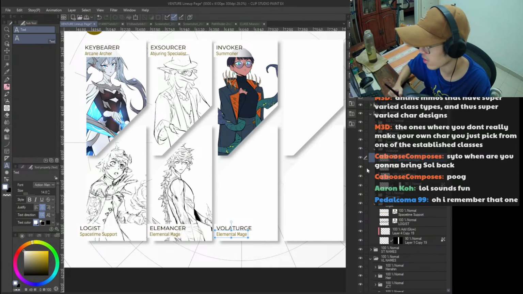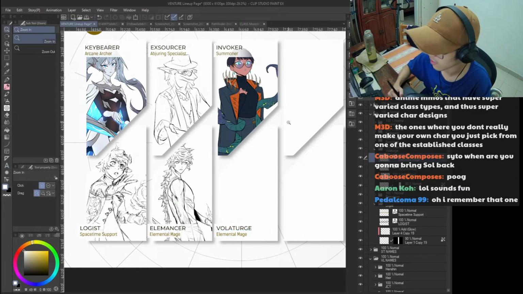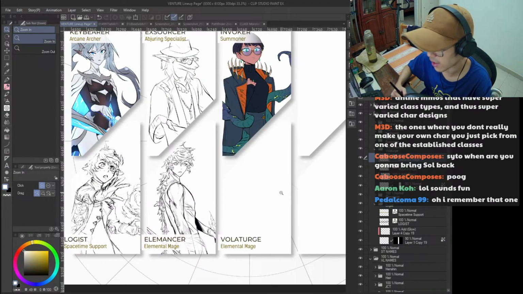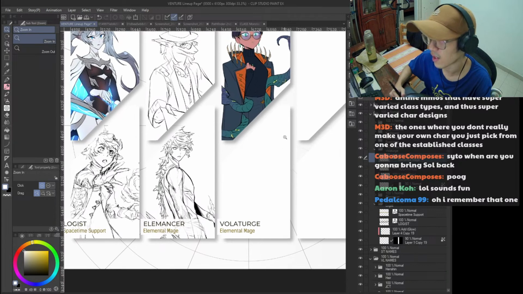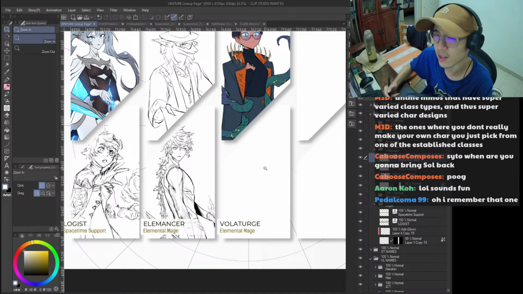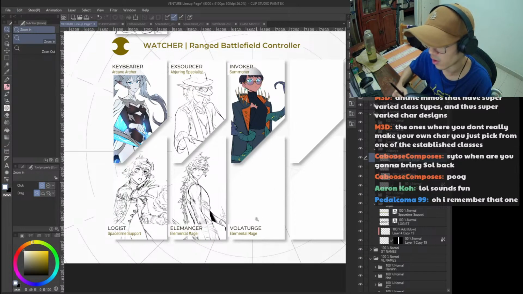But the Volaturge, because they're so powerful and they're supposed to embody the idea of a very volatile, unstable mage, all of their abilities can potentially harm your allies. So part of playing this class is figuring out how to place your explosions, how to control it, things like that. So it might be a fun class to stand on its own, because the